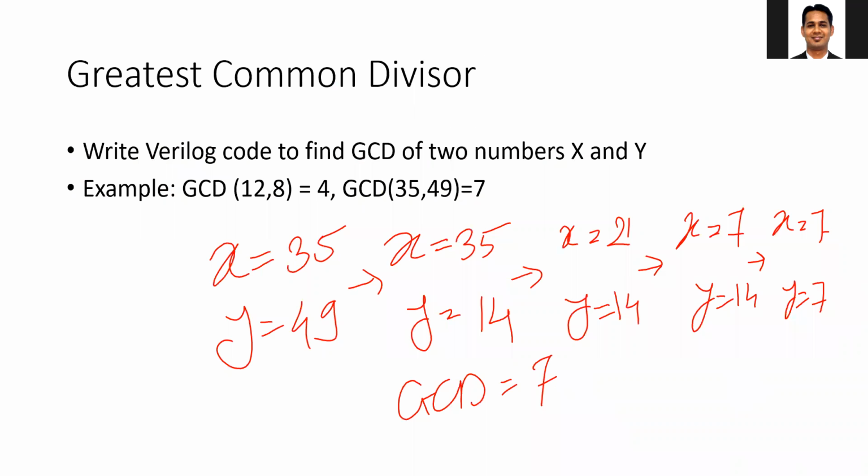In the previous videos, we discussed our problem statement, which is to find the GCD of two integer numbers. We discussed two approaches. The first approach is using the while loop, and we saw that the while loop is not synthesizable. The second approach is using the for loop, and we saw that the for loop is synthesizable, but it may work for a certain range of inputs and it may not work for certain inputs if the number of iterations is not properly defined.